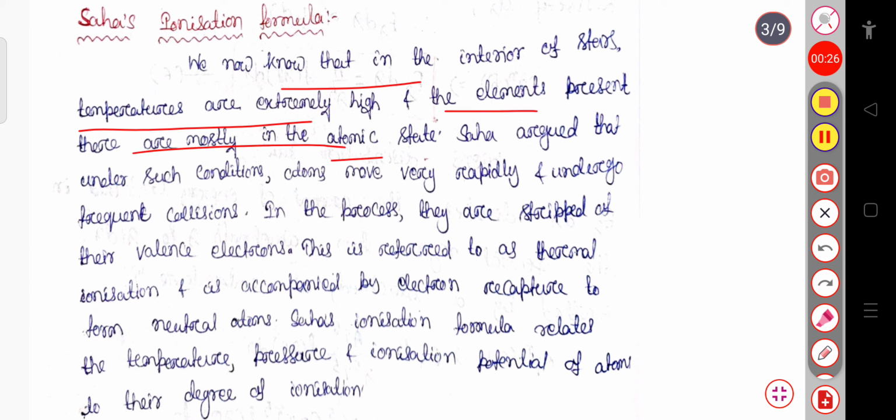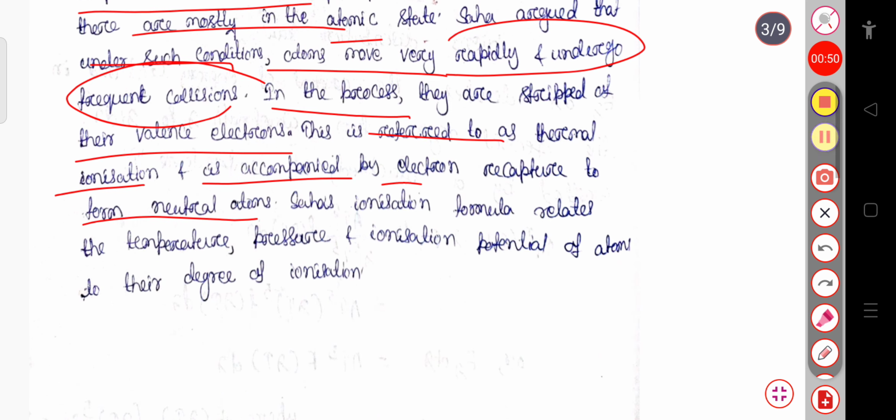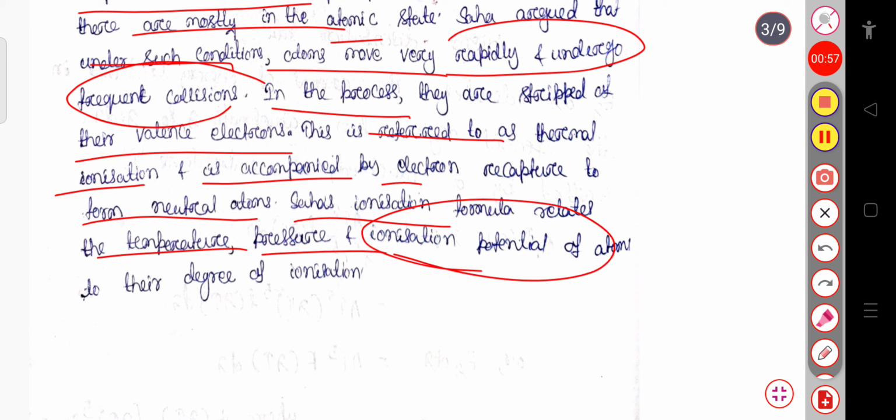Saha argued that under such conditions the atoms move very rapidly and undergo frequent collisions. In this process they are stripped of their valence electrons. It means that at very high temperature this occurs. This is referred to as thermal ionization and it is accompanied by electron recapture from the neutral atoms. So, Saha's ionization formula relates the temperature, pressure and the ionization potential of the atoms to their degree of